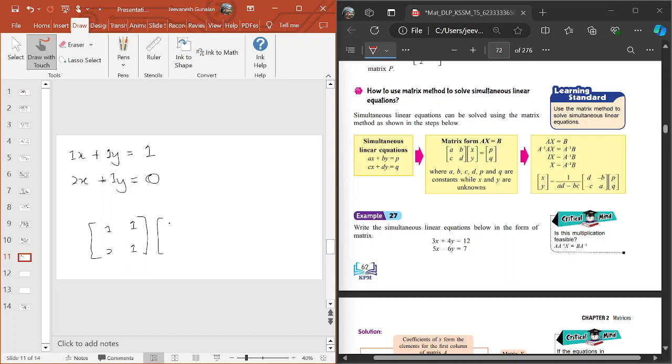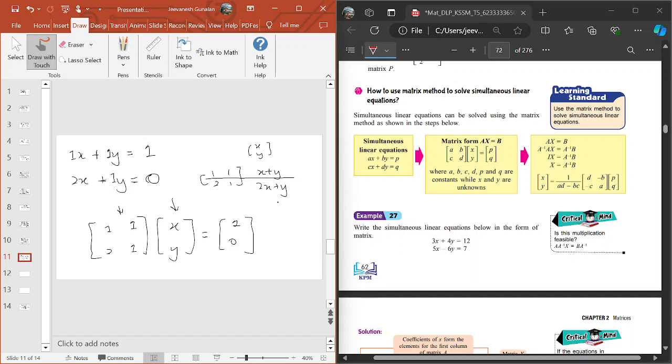And then I'm just going to multiply with x and y. And that must be equal to 1 and 0. This is true because if you actually multiply this matrix with this matrix, you will get this value. So if I take 1 1, sorry, 1 2 and 1 1 and multiply with x y,